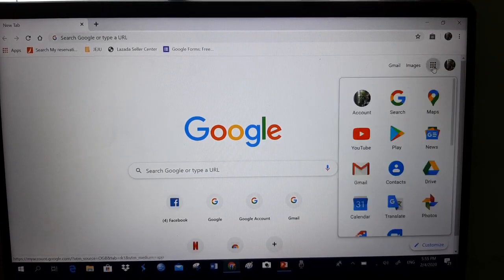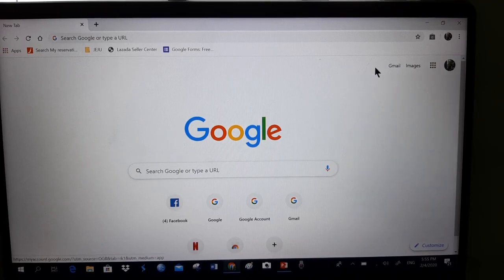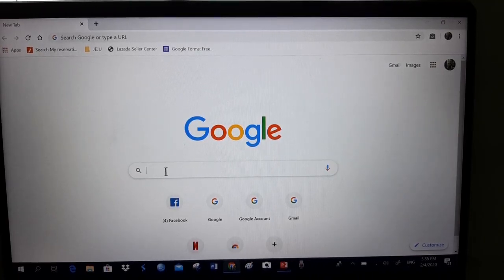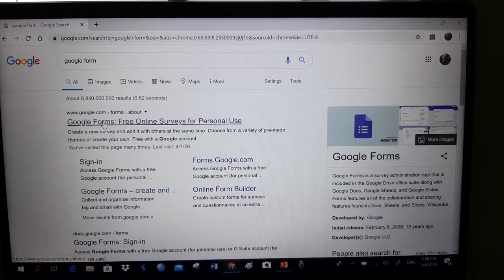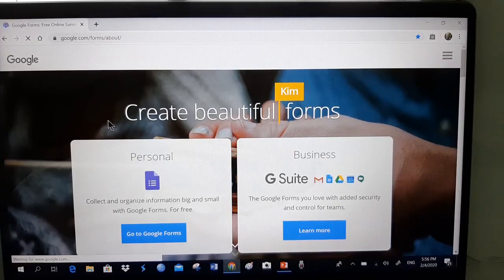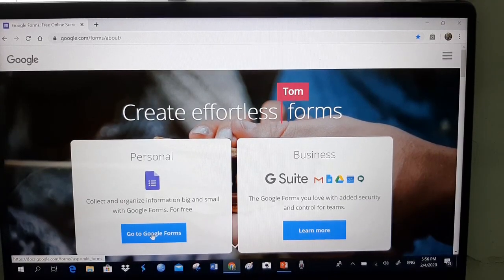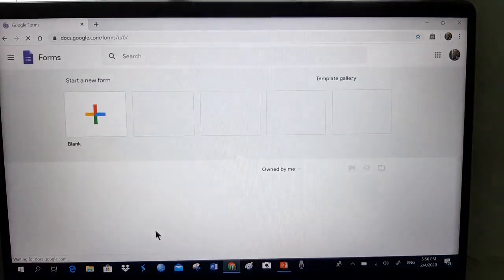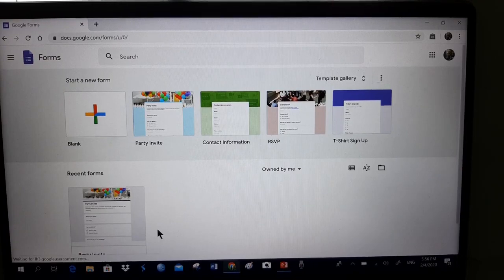When you click on that, you can see that your drive is also uploaded, so that is important. Next, go to Google Forms and click on the Google Forms link. This window will appear, and choose personal, go to Google Forms. Click on that and you will see there are a few templates ready for you to prepare a form, but